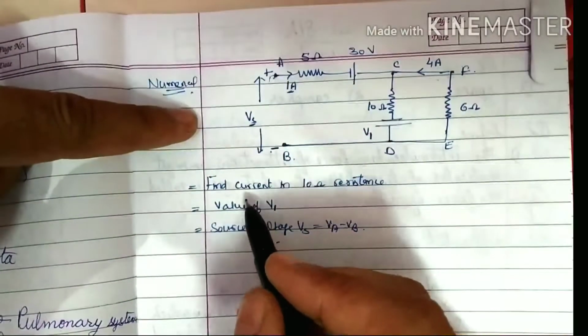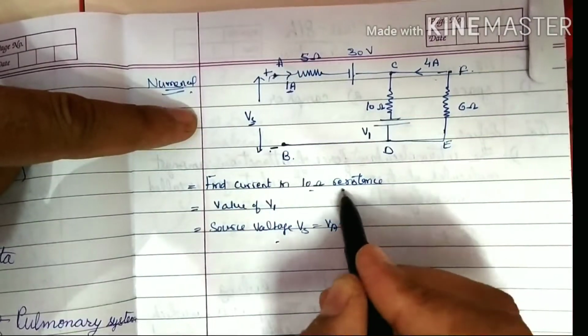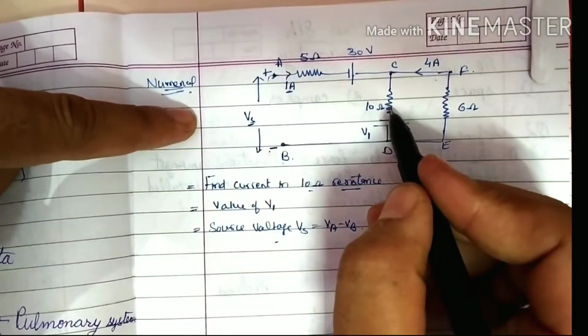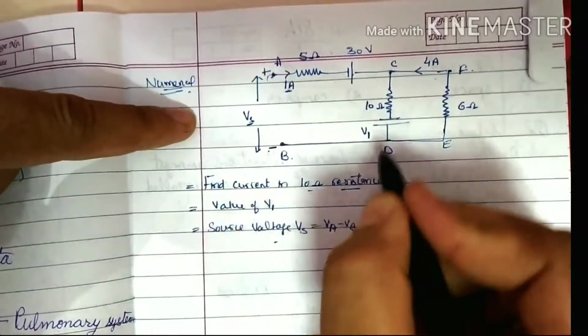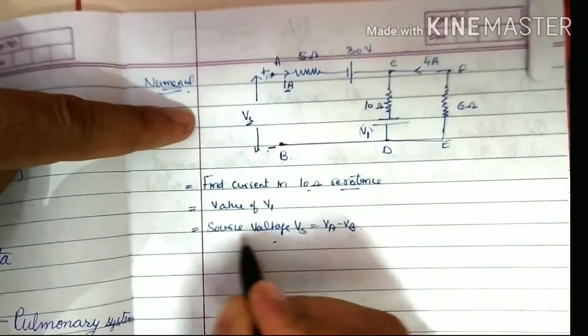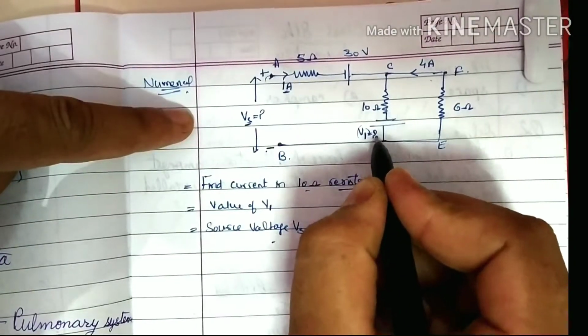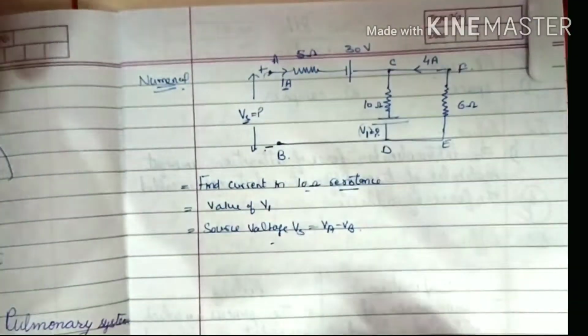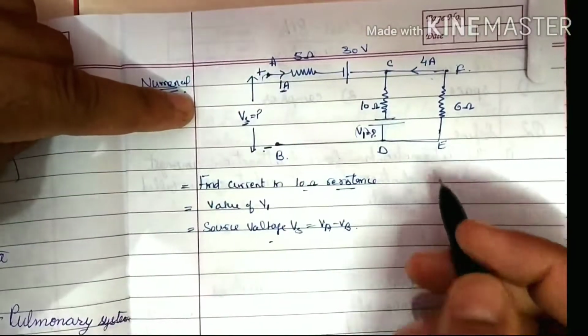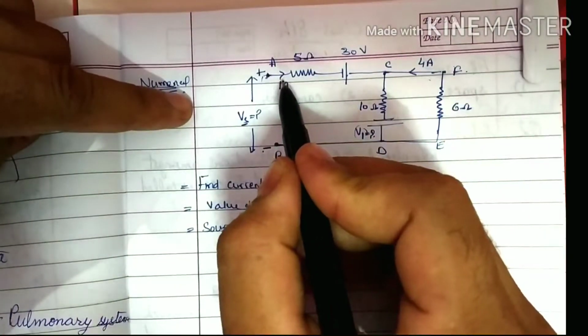So what we have to find out: find the current in the 10 ohm resistance. In this resistance we have to find out the current, then the value V1, this V1 we have to find out, then the source voltage, this source voltage we have to find out. This question is very complicated, but you have to understand. So you see here, in this circuit